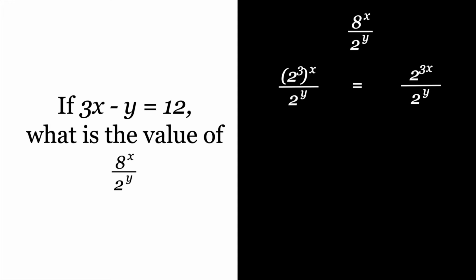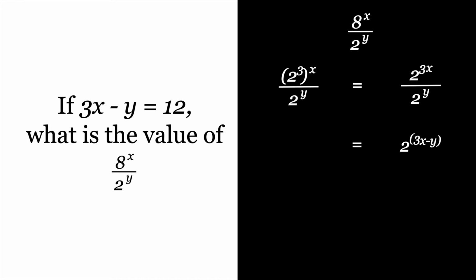As you probably know, another rule with powers is that if a power is divided by another power with the same base, the dividing power's exponent can be simply subtracted from the exponent of the power being divided, to be left with just one power. In other words, here, as both powers are base 2, we can simply minus the y of the denominator's exponent from the 3x of the numerator's exponent, and then do away with the denominator altogether. This leaves us with